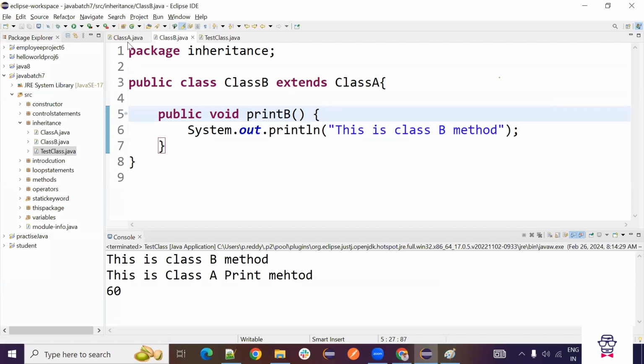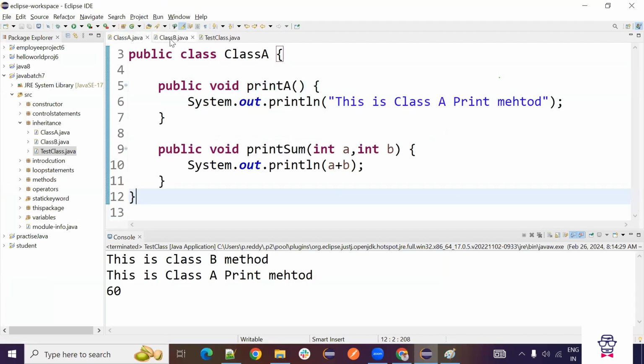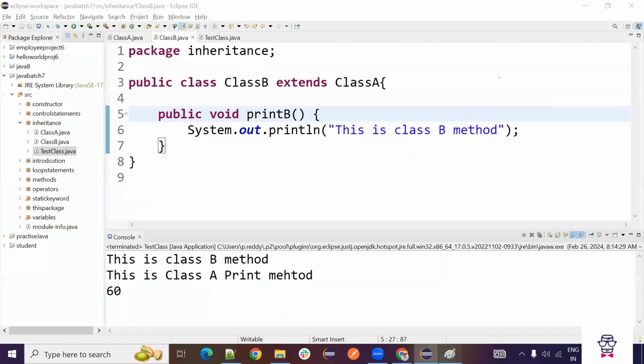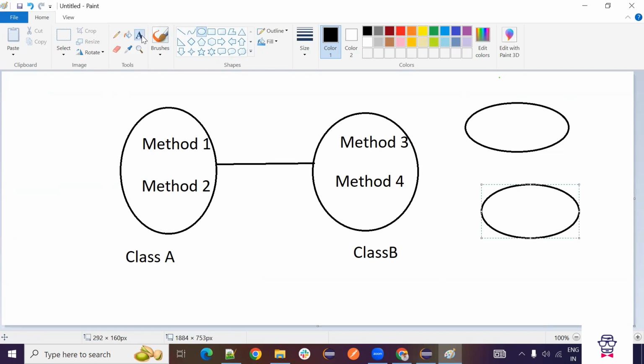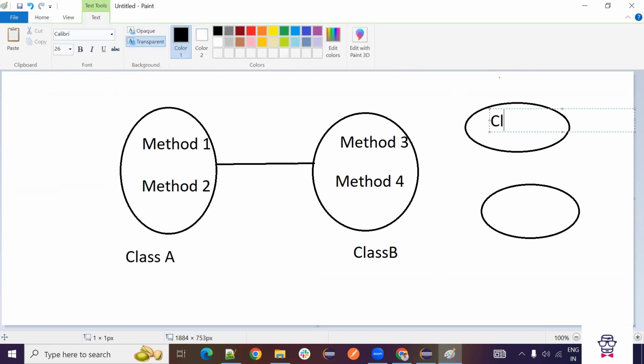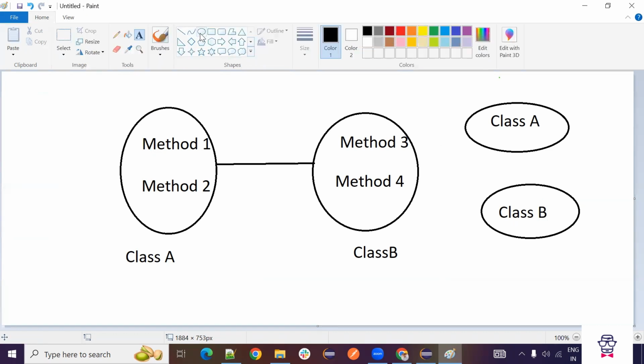So now class A is there and class B extends class A. First we had parent class A, now we created class B. So whatever example we have created, this is class A and class B. This is a normal one.